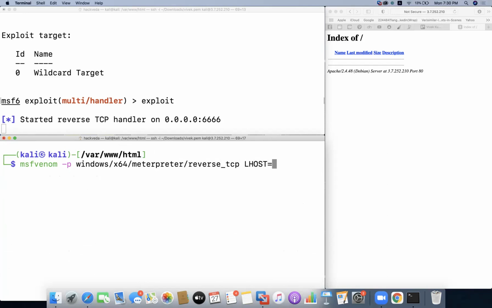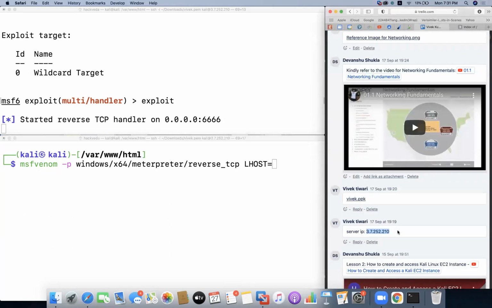address. The IP address would be your IP address. Now I'm going to define the payload which I'm creating right now will be running on a local client machine, which means on a Windows machine. So once the click is done, it is going to make a connection to an IP address. What should be the IP address? The IP address should be my server's IP address, okay, where I want to receive the connection. So in the payload, we define that the IP address would be 3.7.252.210, and this is the IP address of the hacker machine.